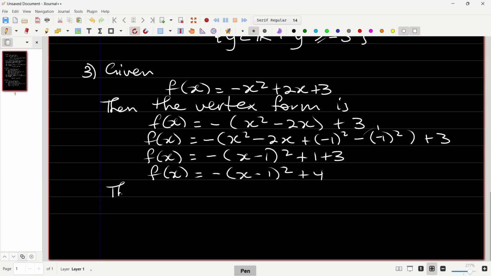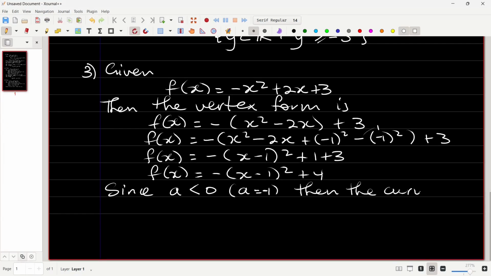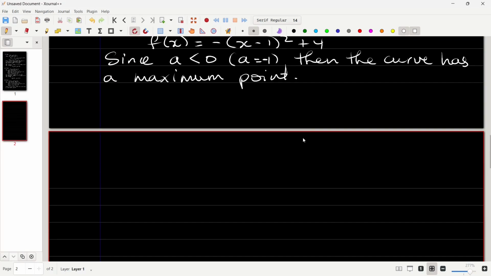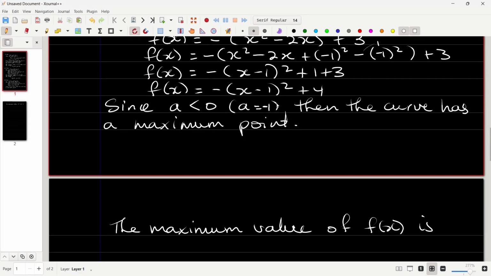So let me just say, since a is less than 0, and a is equal to negative 1 in this case, the curve has a maximum point. The maximum value of f of x, and we can see that it is going to be 4